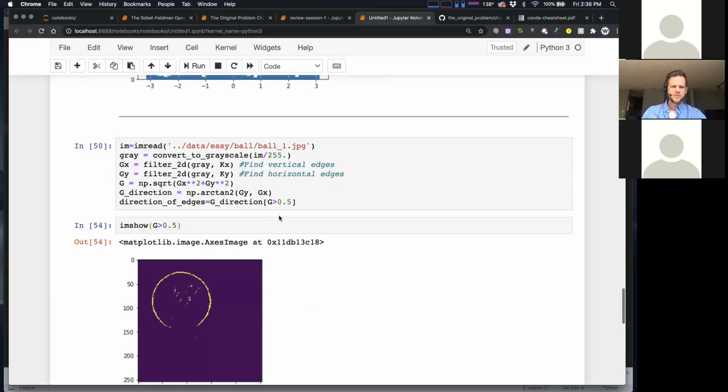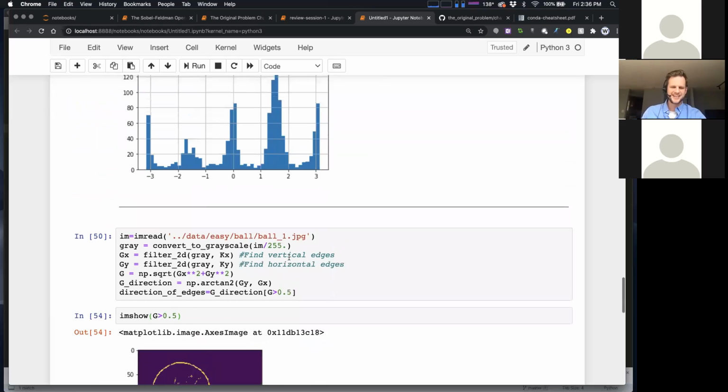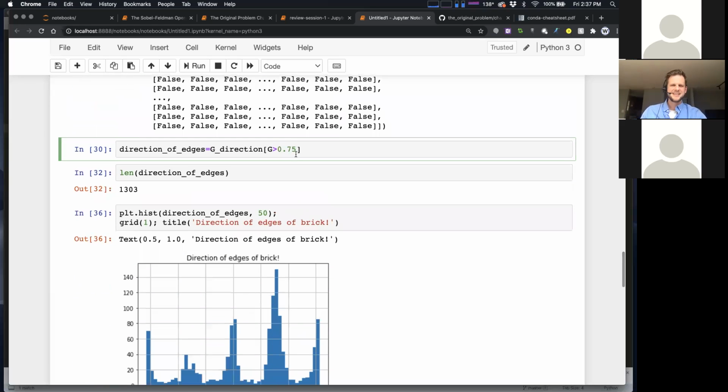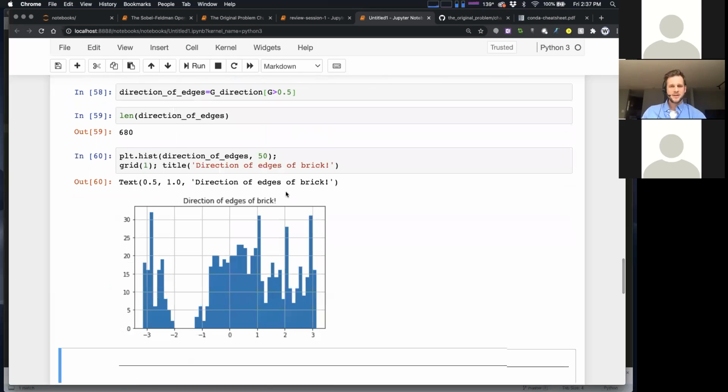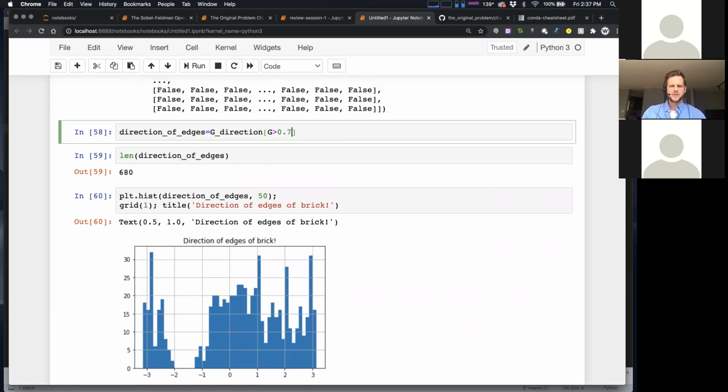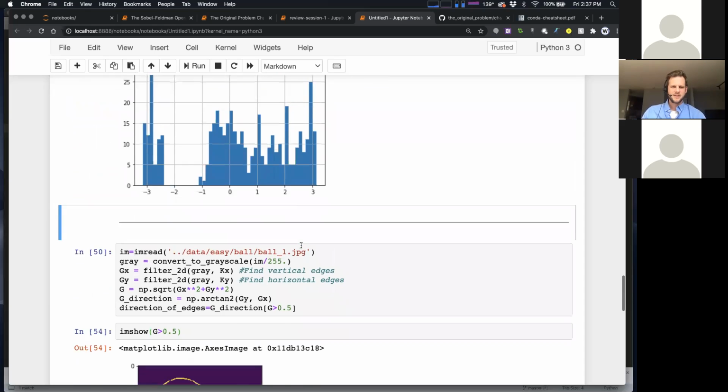And maybe there's one for balls and one for bricks, but you're not going to know ahead of time if it's an image of a ball or a brick, so you won't be able to tune that. Let's see if 0.5 would have worked here. Let's see. I'm thinking, oh, not great, actually, not amazing. Let's see, what if I use 0.7? Okay, it's still not very spiky.